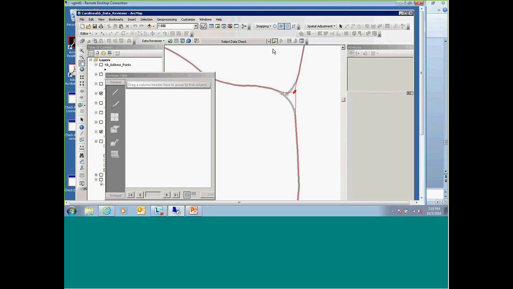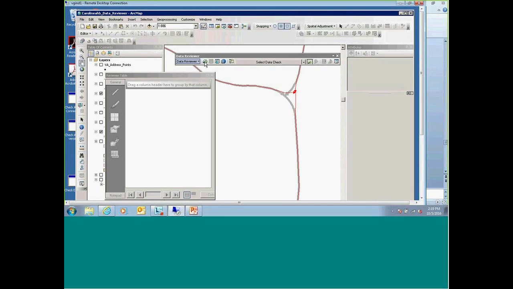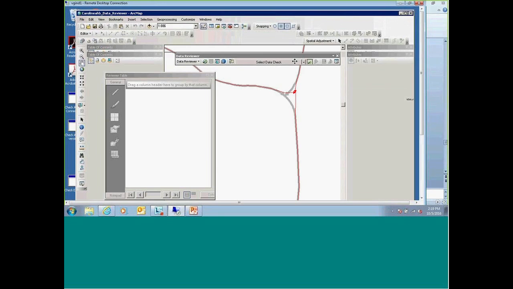Now, when we get the information in, right here is the Data Reviewer extension, which makes it really nice. And then here is the Attribute Transfer extension.